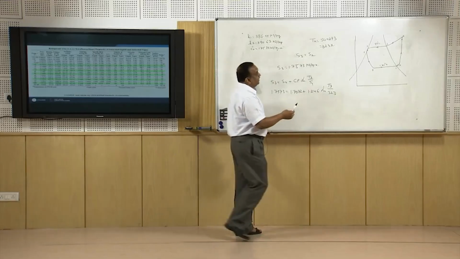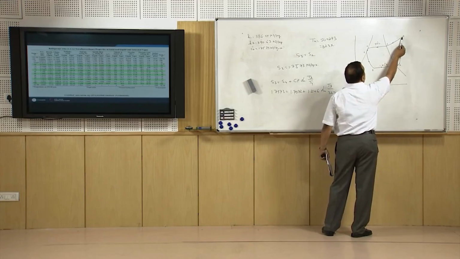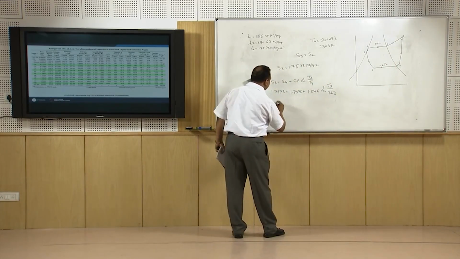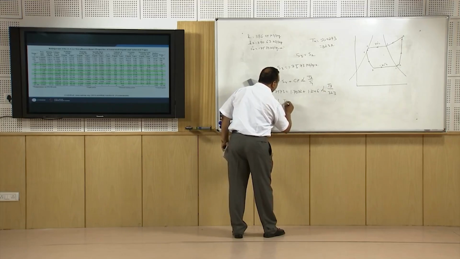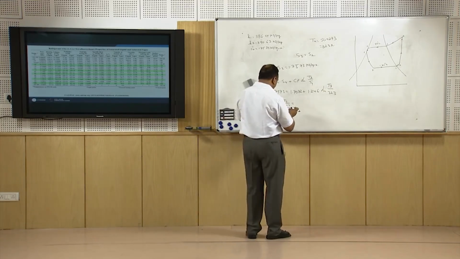So, we have taken entropy at this point plus change in entropy while heating from here to here, and we got this expression. From this expression, natural log of T3 by 323 is going to be equal to